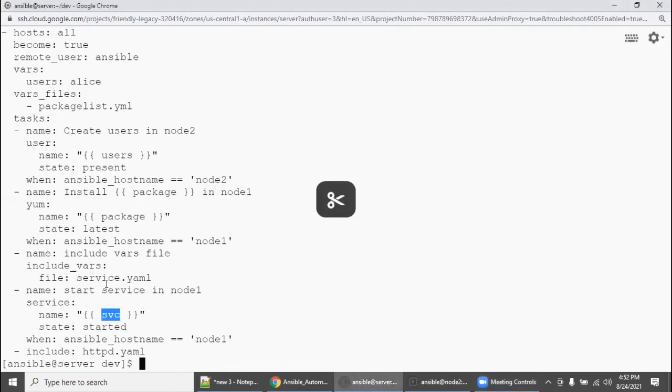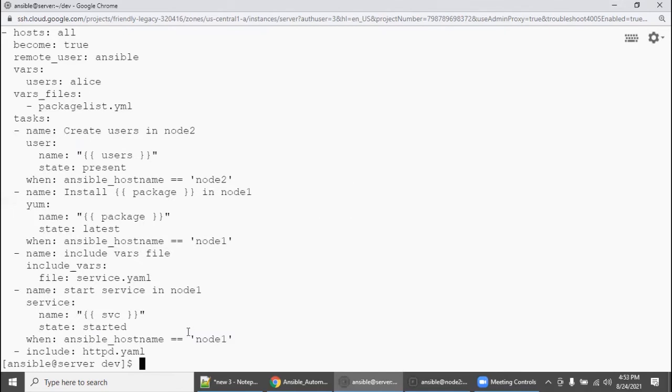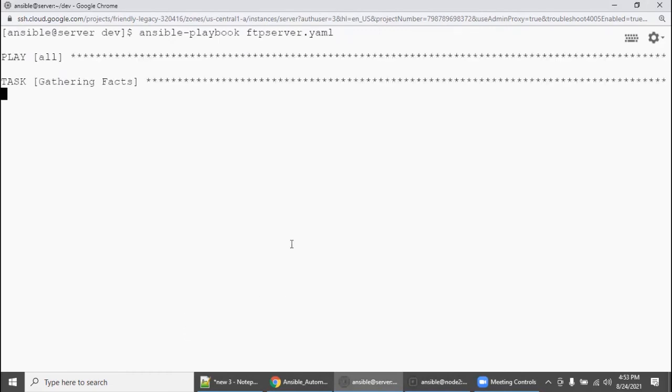You already have the variable and value in the file service.yaml. And after all this is completed, you also want to execute some more tasks which are already part of one playbook. That playbook also you are going to call out, right? Can we execute this with ansible-playbook? What is the file name? ftp server.yaml. So enter it.